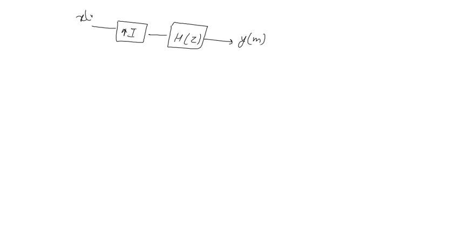So let's say that we are first interpolating. General interpolation is what? First we interpolate, and then to avoid the replicas which are coming, we have to pass through a filter. Okay, here the sampling rate was f of x, here the sampling rate has increased, L times f of x. Now we are operating the filter at a higher sampling rate, right? This is not desirable.